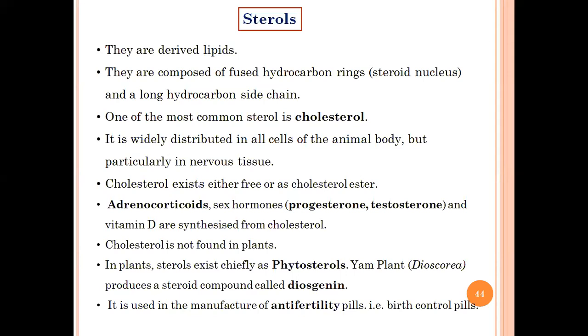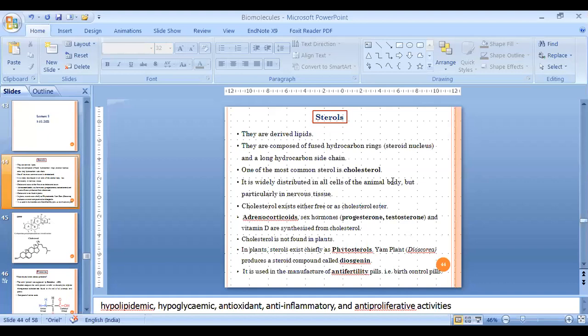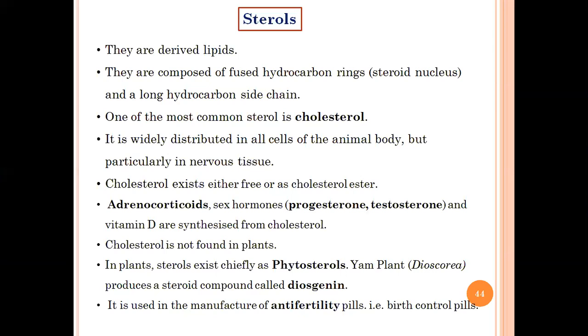There are hypoglycemic, antioxidant, and many other properties. But one of the very prominent uses of diosgenin is that it is mainly utilized in anti-fertility pills, which are commonly known as oral contraceptive pills or birth control pills. Most of you must not be aware of all these things, but now we are studying biology, so you will get to know all these things slowly. There are multiple different pills currently available in the market and used as birth control pills.